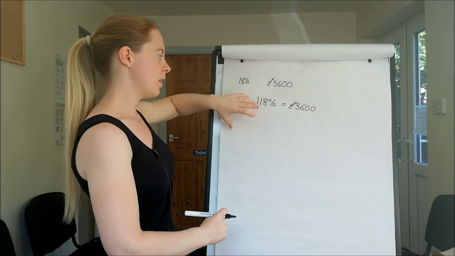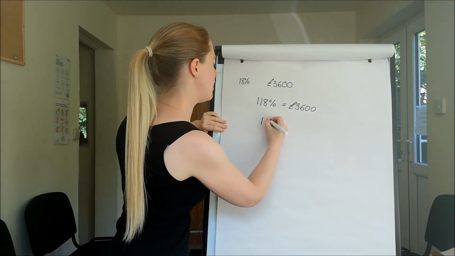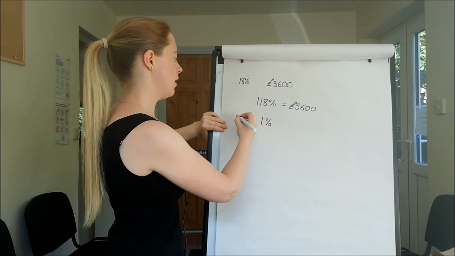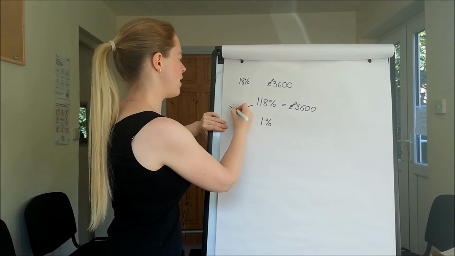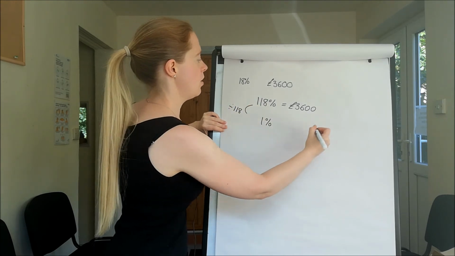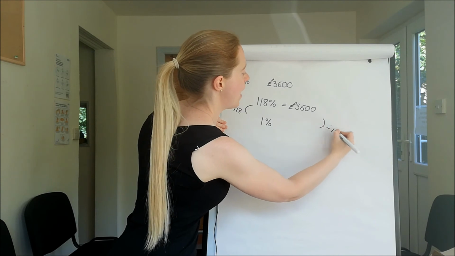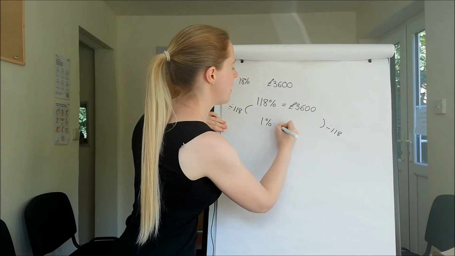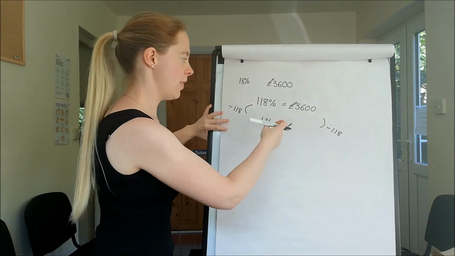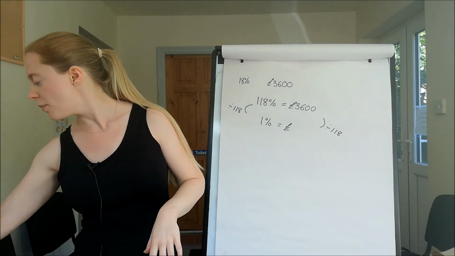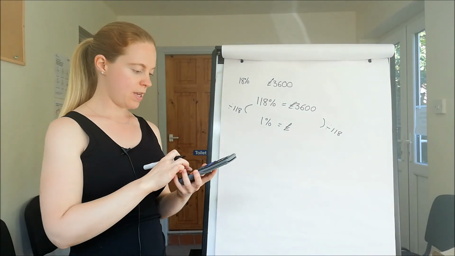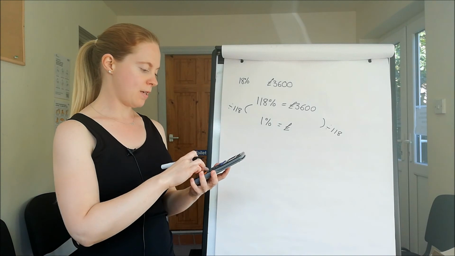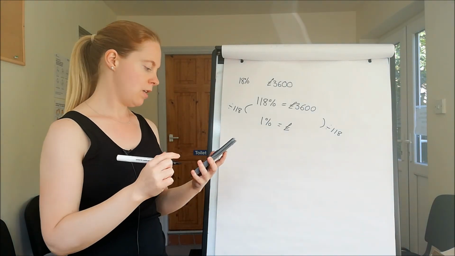Okay. So bringing this down to 1%, we would divide by 118. So we would need to divide by 118 on that side as well. And that would just go into the calculator. So 3,600 divided by 118 is